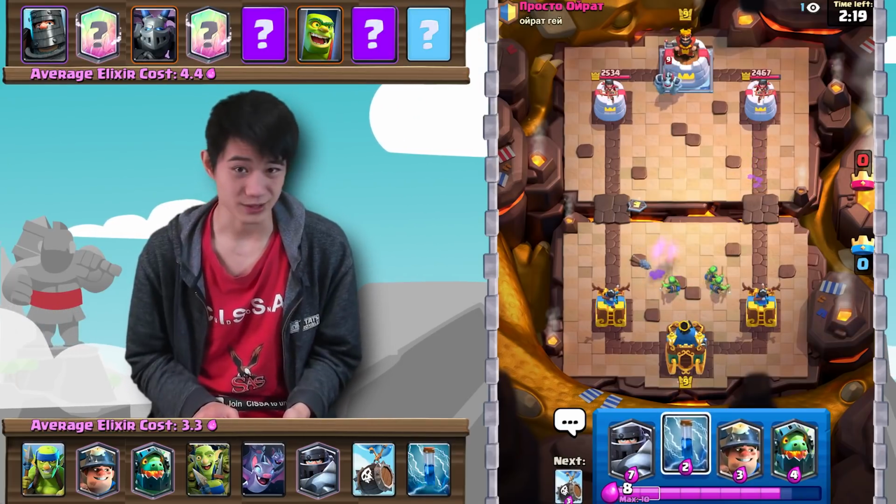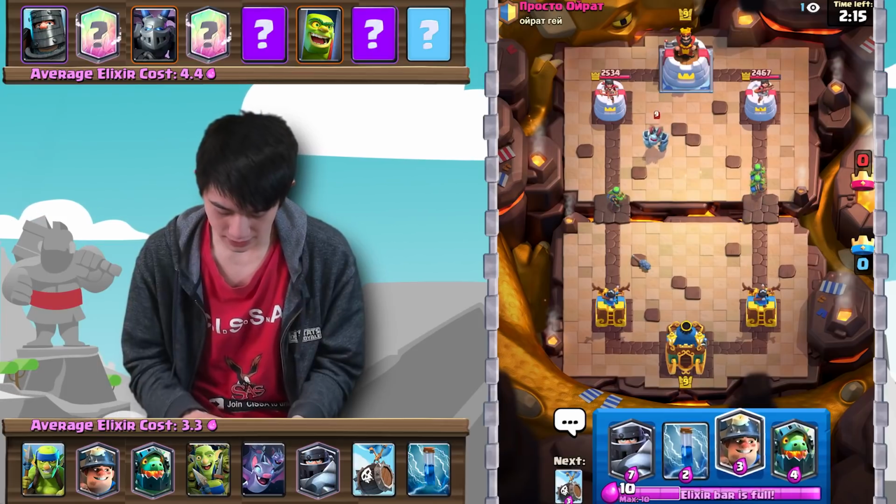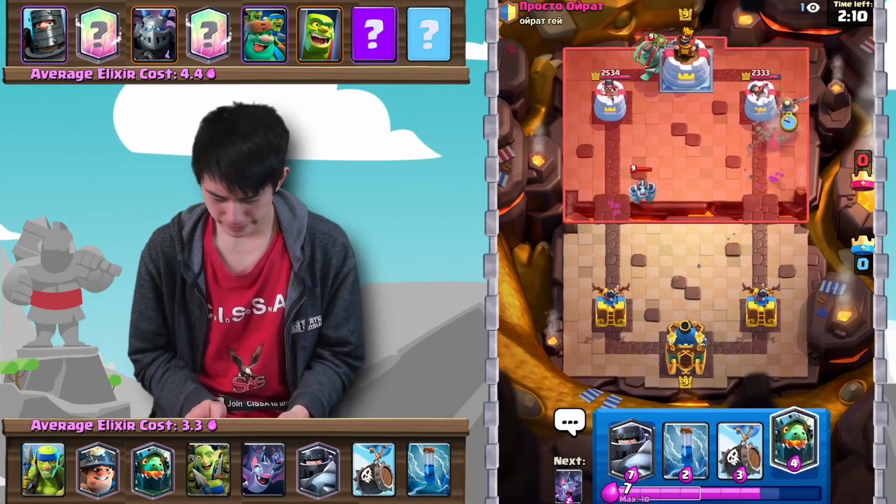Okay, I actually didn't need the Spear Goblins, but that's going to be all good. It's going to get some incidental damage on that Mega Minion. And then we're just going to send in a Miner. Okay, so it looks like probably